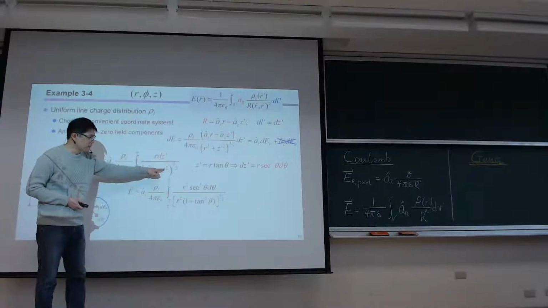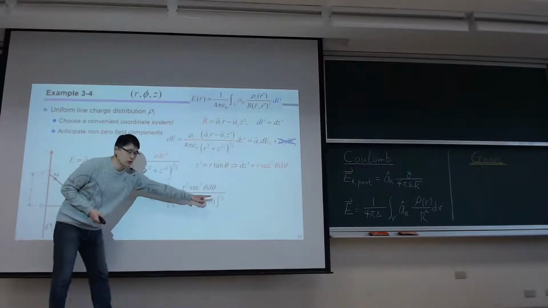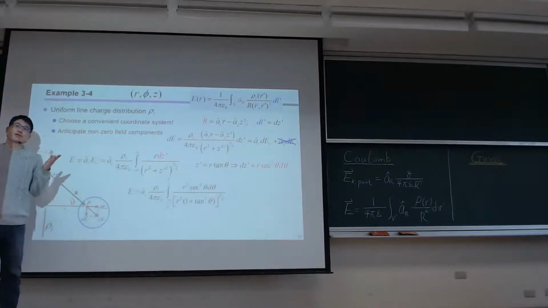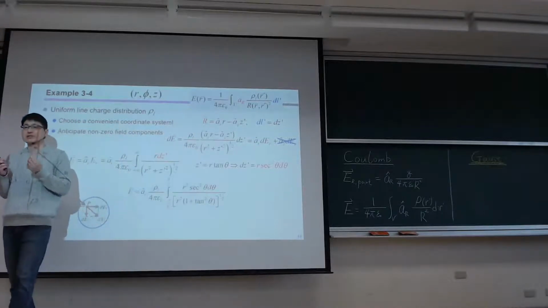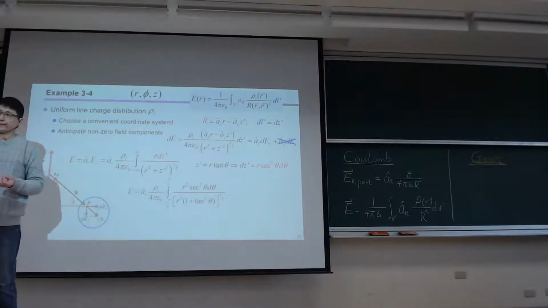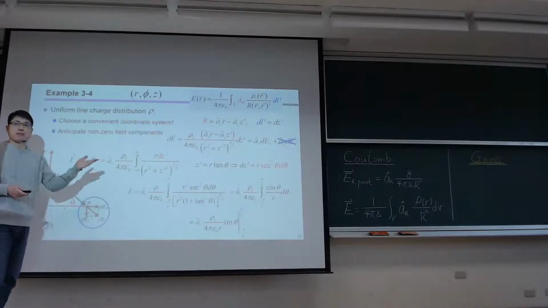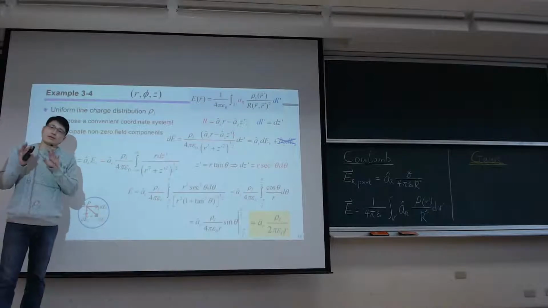Since z prime is r tangent theta, that's the reason why I have tangent squared, because I have z prime squared. And if you still remember, 1 plus tangent squared is itself secant squared. So this integration is very simple and straightforward. I'll go quicker because everything here is just mathematical derivations. So in the end,